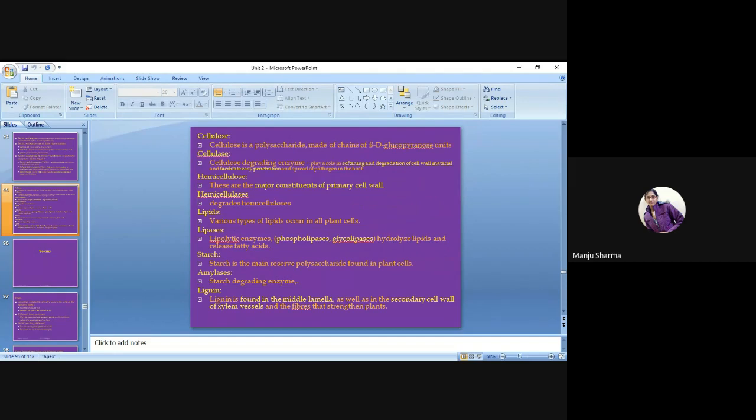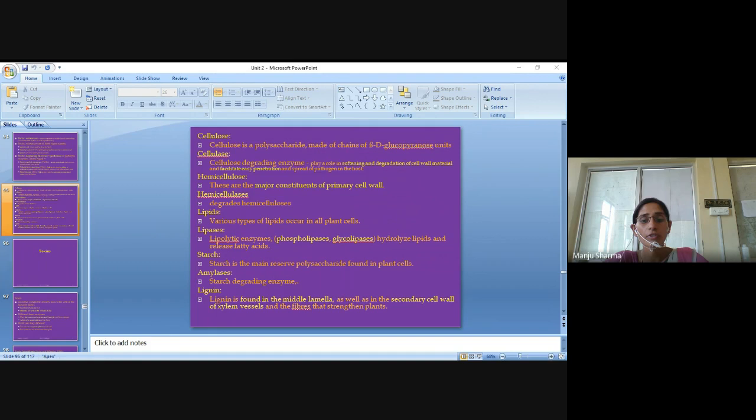After that, cellulose. Cellulose is a polysaccharide made up of chains of beta-D-glucopyranose units, and it is degraded by cellulase. Cellulase is the enzyme used for the degradation of cellulose. So cellulase is a degrading enzyme